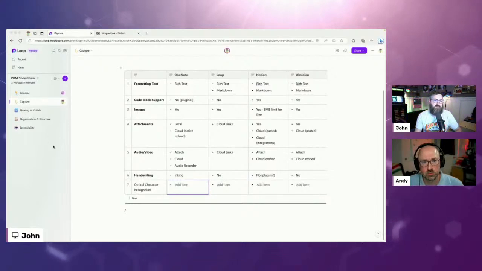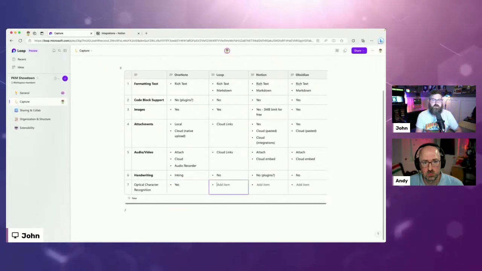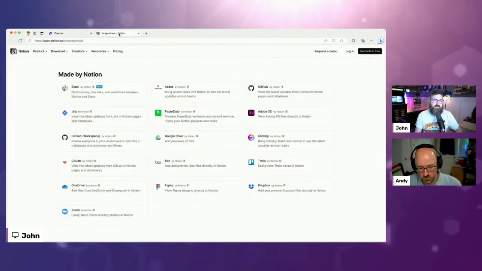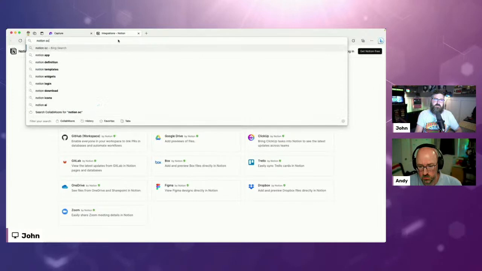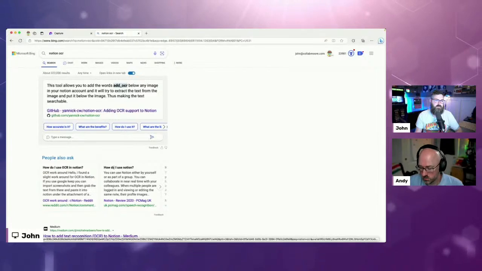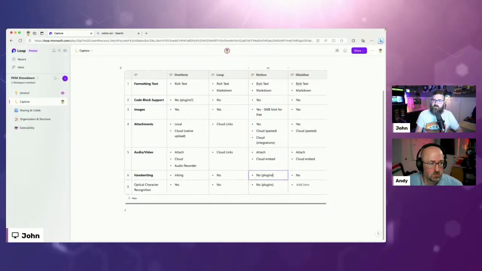So what I know is that yes, OneNote has this because I've used it before. You can deep search into the content of images, like for text on a sign, something like that. That's not a thing that Loop does, to my knowledge, if you add an image, that it indexes it with OCR. Notion, I think you're also looking more at plugins for that, like adding support via GitHub plugins, things like that. So it's not something that I've seen, but you can do plugins for it.